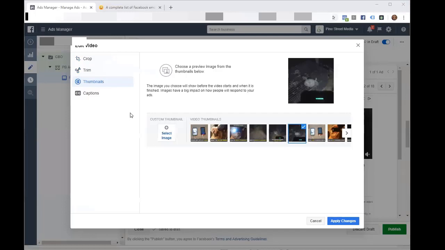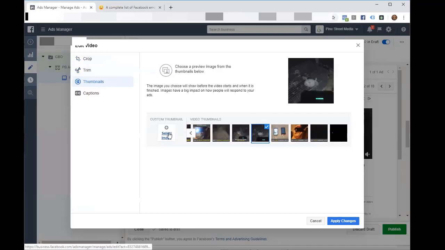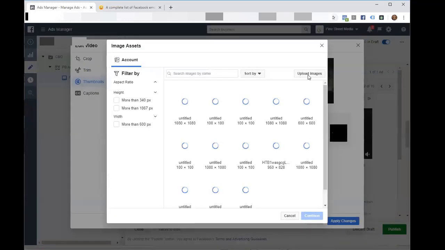I want a good image. So I would not pick this one. Any of these that have a text call out in it, I don't want. I want to use a thumbnail that has no text at all. Okay, so actually, when I'm inside of Camtasia,